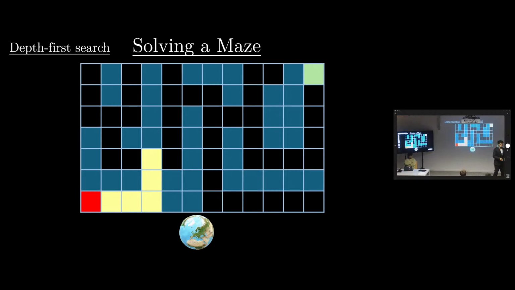So what does depth first search do? The first question that we have to ask ourselves is, what do I do when I reach a fork? Because here it's very obvious that we're just going to go directly, right? But should I go right or left? That's the question. What depth first search does is that it just goes randomly, either right or left, and goes until it reaches a dead end.